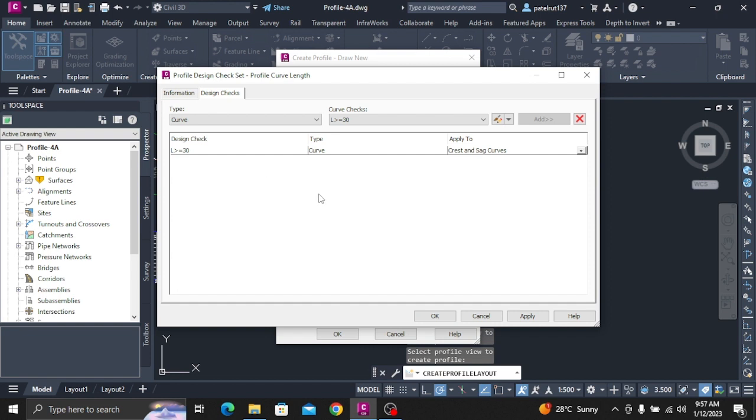Modify the properties of the split profile view. In Toolspace, on the Prospector tab, expand the Alignments, Centerline Alignments, Ridge Road, Profile Views collections. Notice that a single new profile view, PV4, was created. On the Prospector tab, right-click PV4. Click Properties. In the Profile View Properties dialog box, on the Elevations tab, under Elevation Range, change the height to